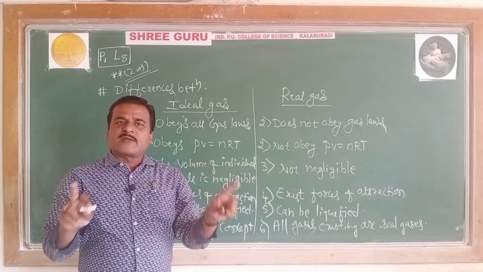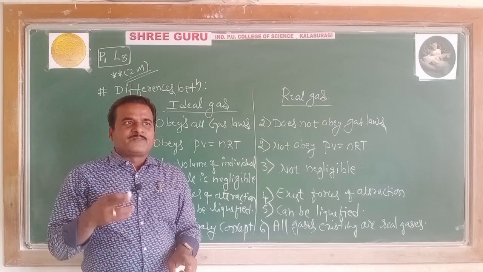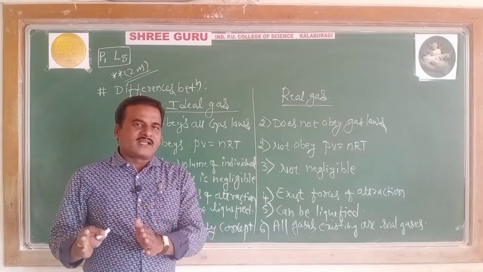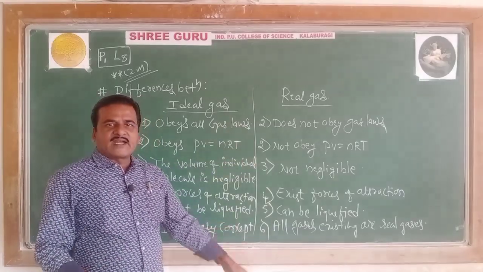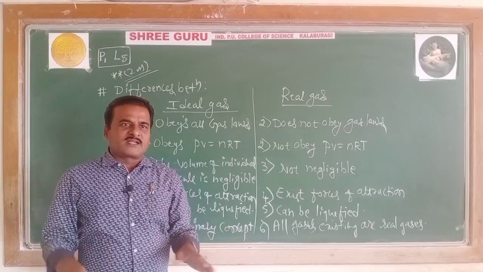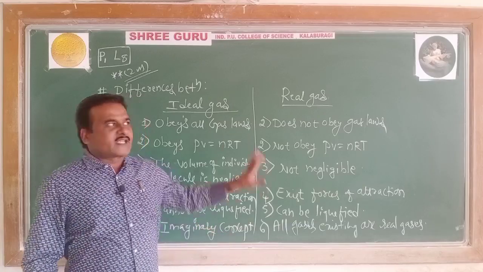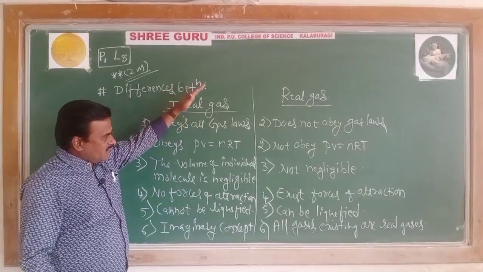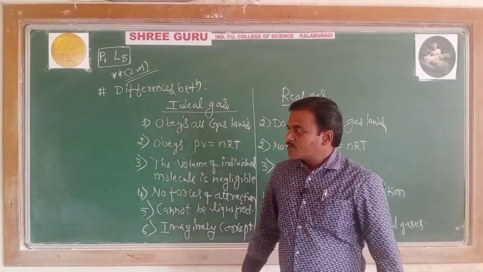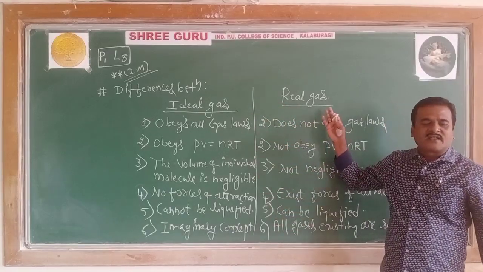So irrespective of the order, when the question is asked in the examination, write any 2 differences between ideal and real gases. Out of these, and in the given printed notes, you refer to the NCERT book, point-wise, these are the differences. Any 2 you have to mention, which carries 2 marks. Let me highlight once before I go to the next part. So what are the differences between ideal and real gases?